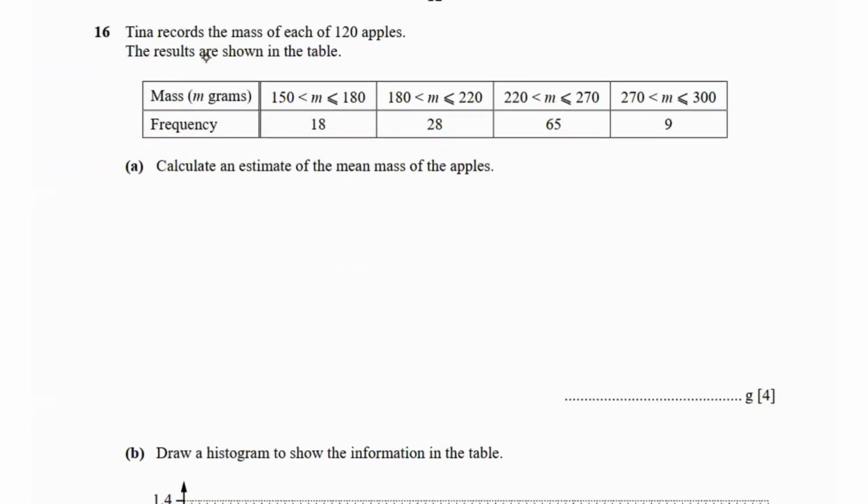Question 16 says Tina records the mass of each of 120 apples. The results are shown in the table. Calculate an estimate of the mean mass of the apples. So for the estimate of the mean mass, we need the x values, which are going to be the midpoints